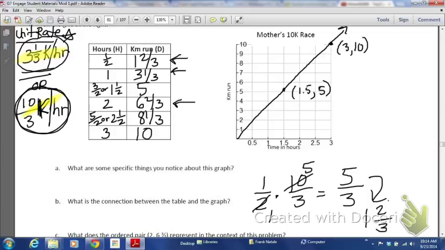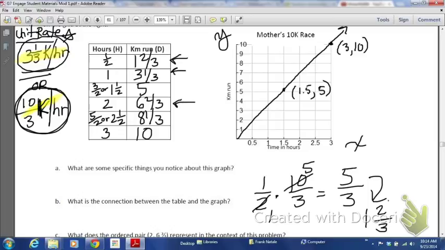Now, this may not always be the case that you'd be so fortunate, but for me, I like plotting the nice neat points first. It's really nice that on the x-axis they have given us half-hour increments. You can do that yourself when you are creating a graph, and it's always nice to graduate your graph in a way that suits your purposes. Again, a lot of times that's done by companies and corporations to make themselves look a little better